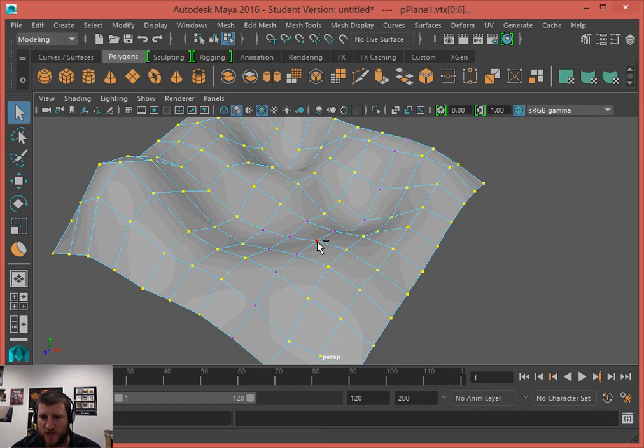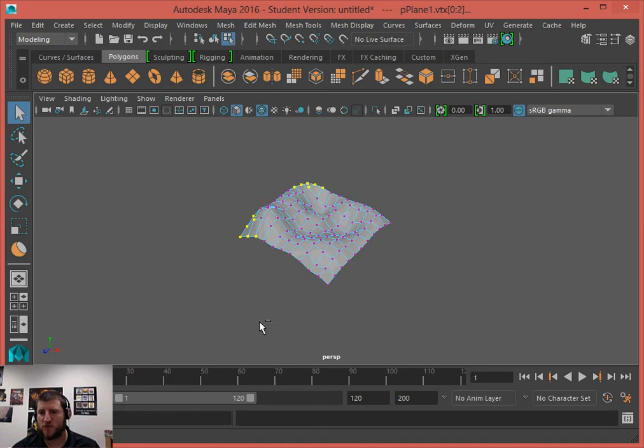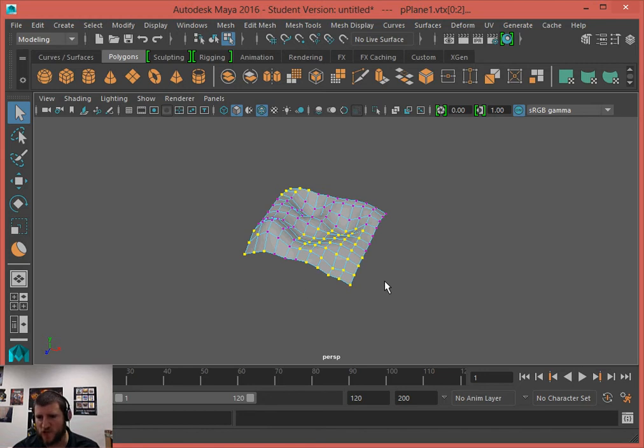So if you hold down control, all you can do with control is deselect vertexes. So you notice if I highlight this vertex and click on it while I have my control button held down, I can only deselect the vertexes. With the shift key, I can select it and then deselect it if it's already highlighted. But sometimes you just want to deselect, so you can hold down control and deselect everything. Or you can hold down shift and select everything.